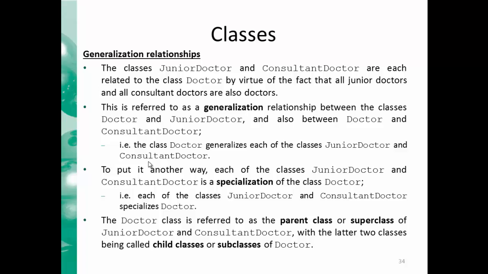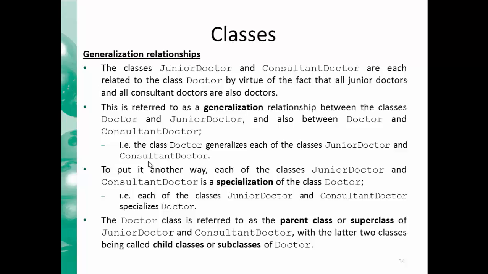If we find an umbrella for more than one class, then we may have what we call a generalized class to represent these classes. For example, we know that the junior doctor and the consultant doctor are both doctors. So the doctor entity, doctor class, can represent both junior and consultant doctor,